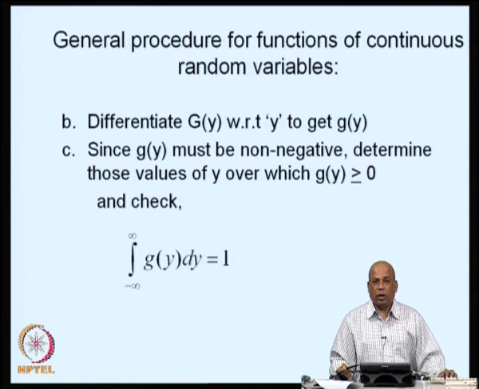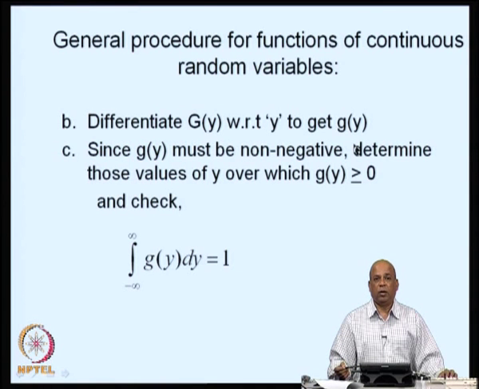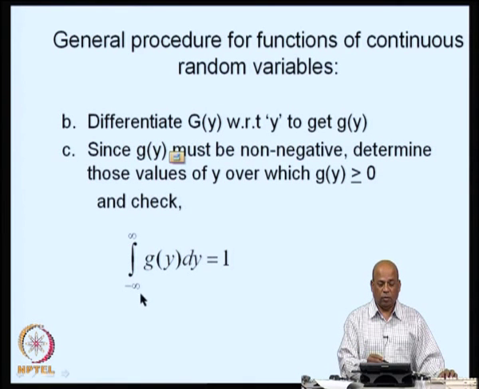Then we have to examine whether this g of y in fact satisfies all the conditions of a PDF: it must be non-negative, and the integral over the entire region must be equal to 1. So, we choose the limits of y from the functional relationships and the associated limits of x, those limits of y over which g of y thus obtained is non-negative,